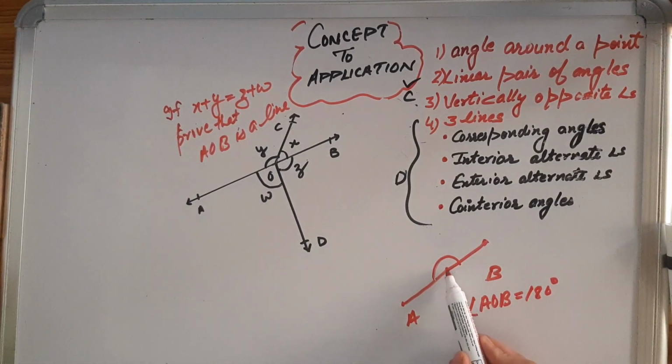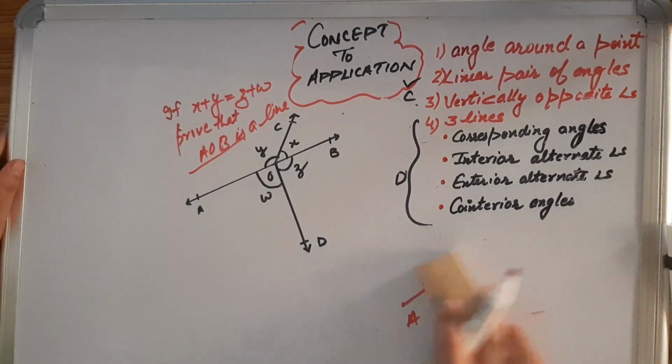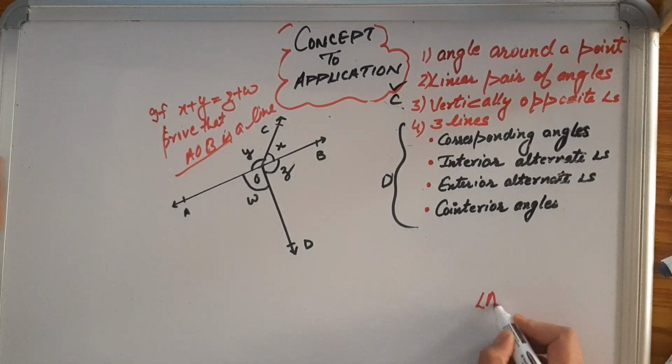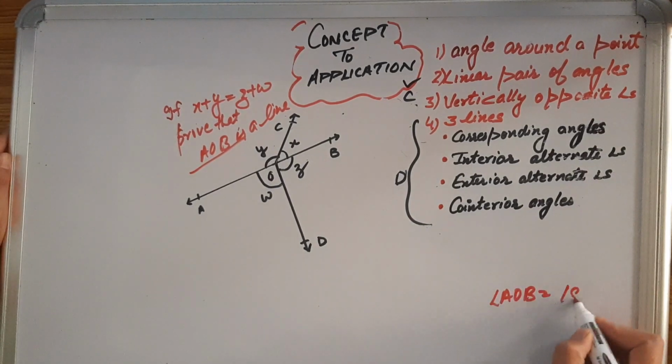Basically we have to prove there is no kink here, no deviation, it's absolutely perfect. So first we decoded this into mathematical form: proving that a line passing through three points A, O, B is a straight line means there is no bend here, and mathematically angle AOB equals 180 degrees. Next, what have we been given to prove it? So we know what to prove: angle AOB equals 180 degrees.